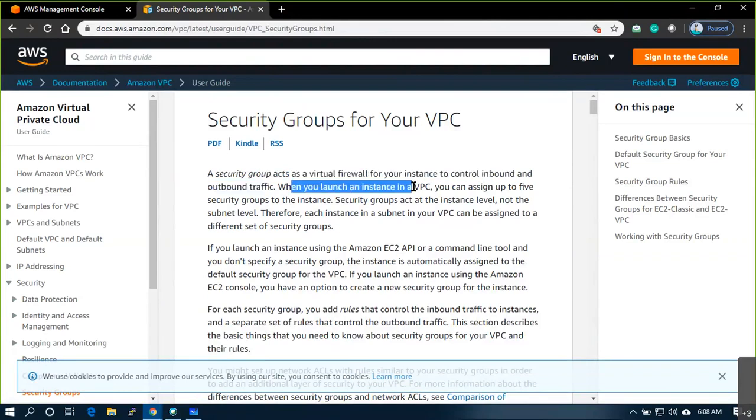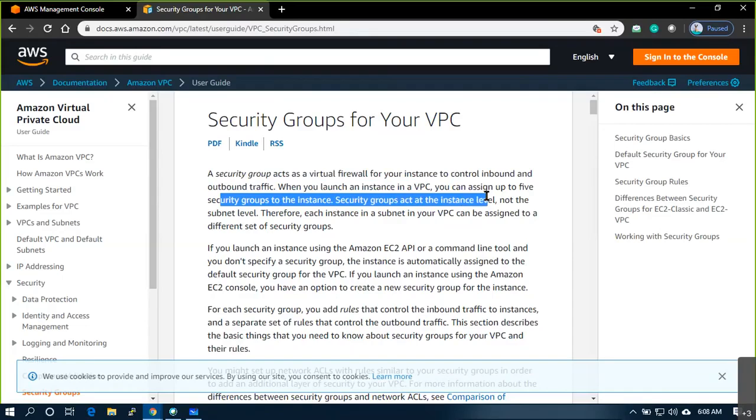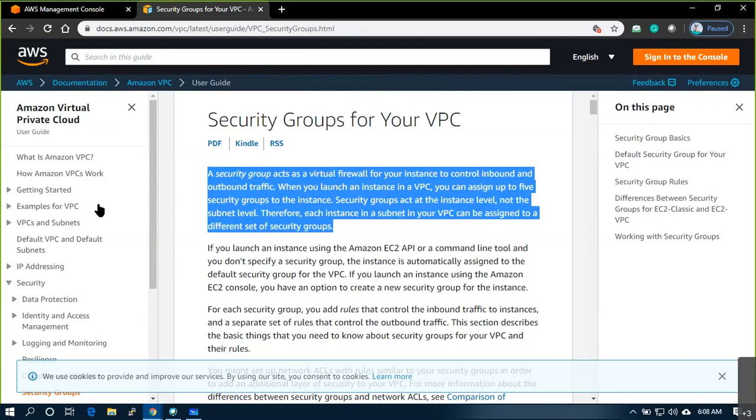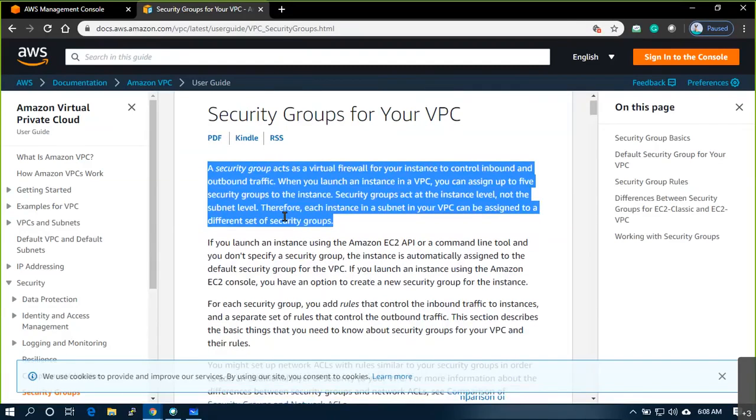When you launch an instance in a VPC, you can assign up to 5 security groups to the instance. Security groups act at the instance level, not the subnet level. Therefore, each instance in a subnet in your VPC can be assigned a different set of security groups. Okay, so what it says,